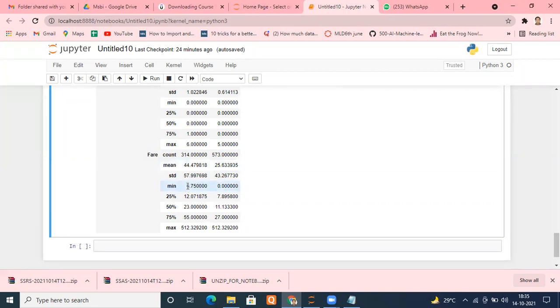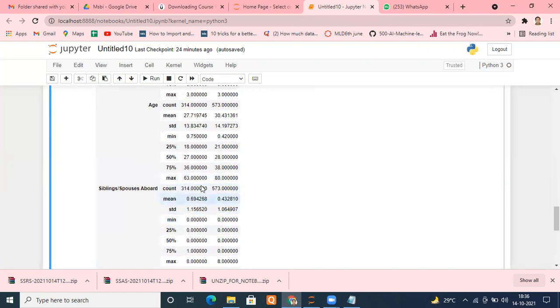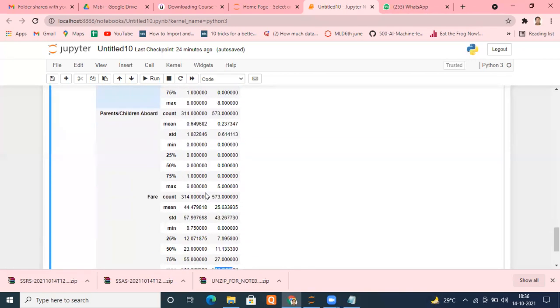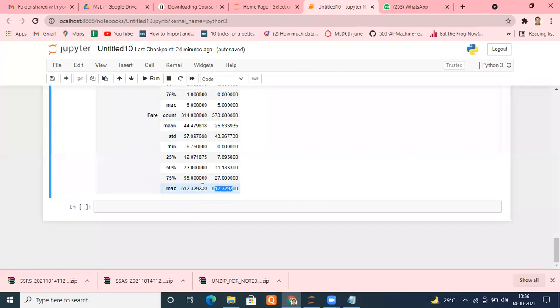Minimum fare the female paid was 6.74. Male paid was 0. 25 percentile is 12, here 7.89. Here 50 percentile is 23, here it is 11. Here it is 55, here it is 27. Maximum value is 512. Same for fare. So you can see every statistic from here. I hope it is fine now.